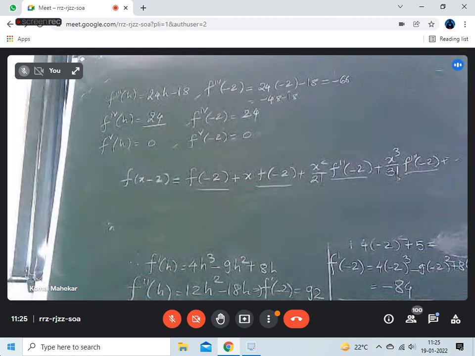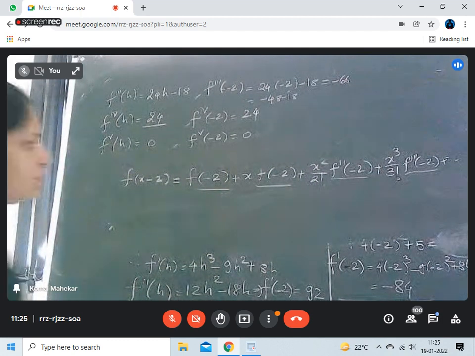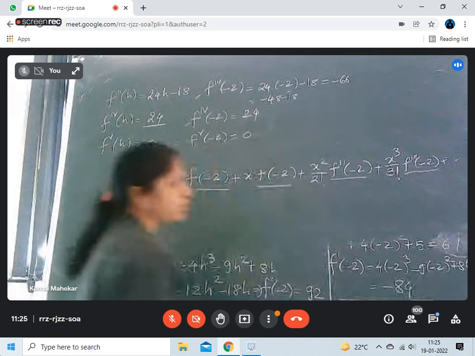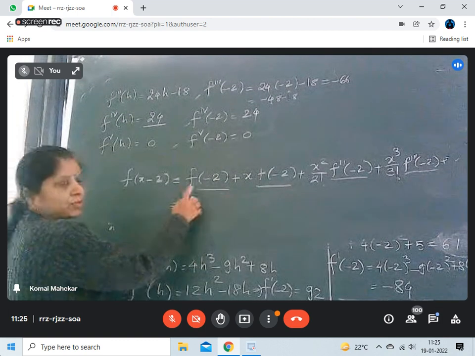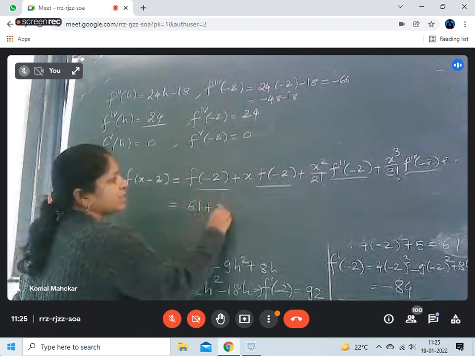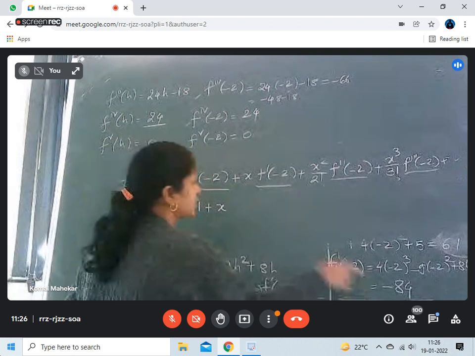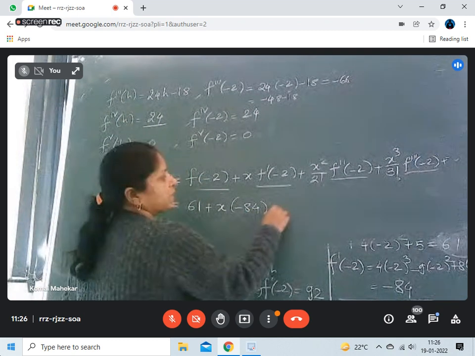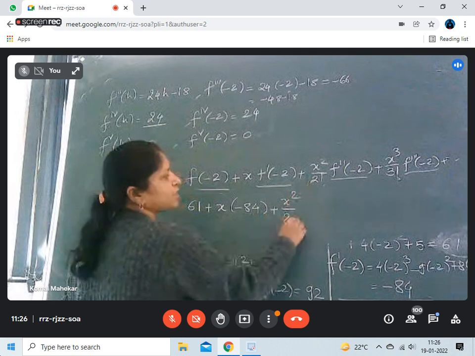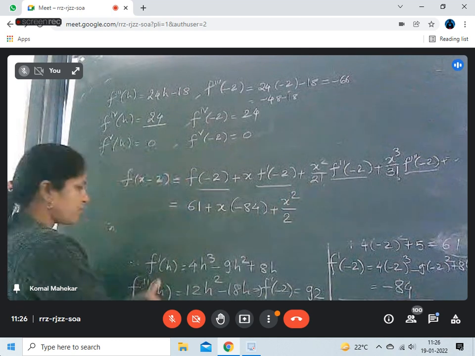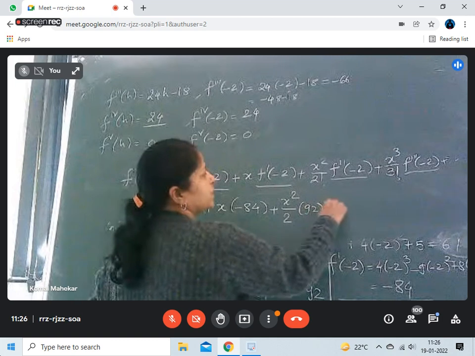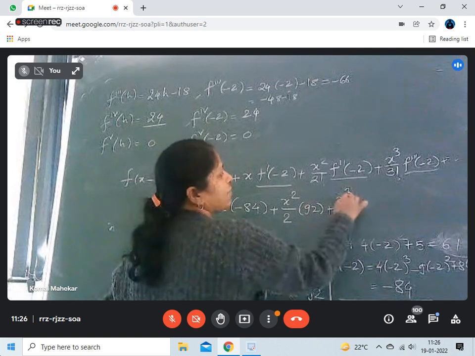What is the first value? f of minus 2, here we calculate, this is 61, plus x into f dash of minus 2, that is minus 84, plus x square by 2 factorial, that is 2, f double dash of minus 2, that is 92, plus x cube by 3 factorial, that is 6, f triple dash of minus 2, that is minus 66,